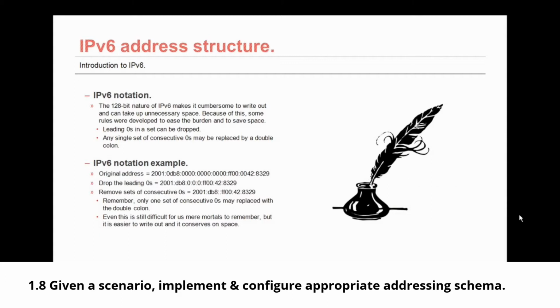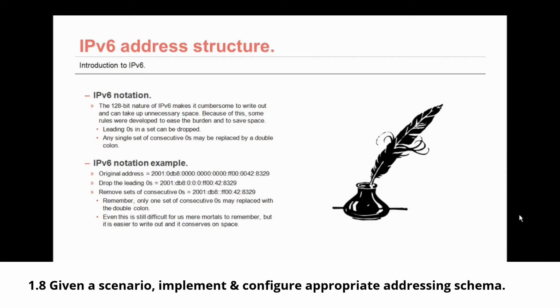So let's talk about IPv6 notation. The 128-bit nature of IPv6 makes it cumbersome to write out, and it can take up unnecessary space. Because of this, some rules were developed to ease the burden and save space. When you're looking at a group of IPv6 numbers, any leading zeros in a set can be dropped. The thing to really remember about IPv6 is that only a single set of consecutive zeros may be replaced with